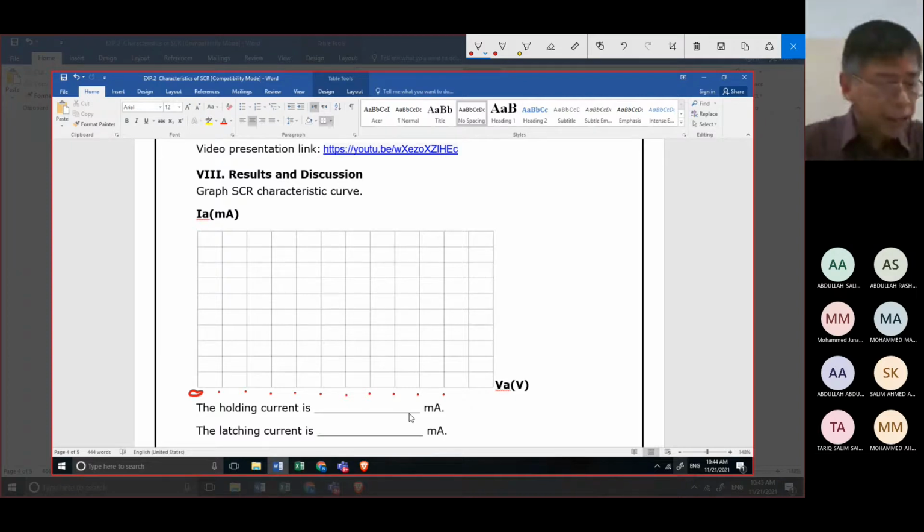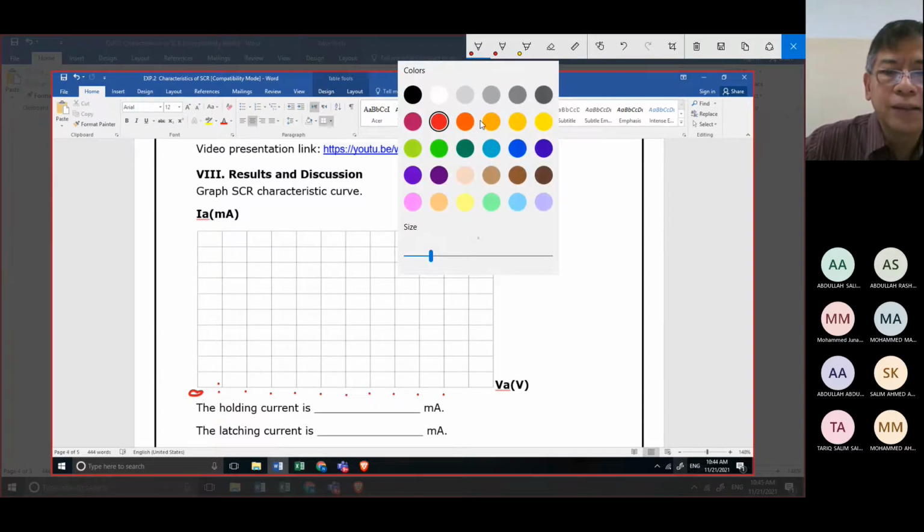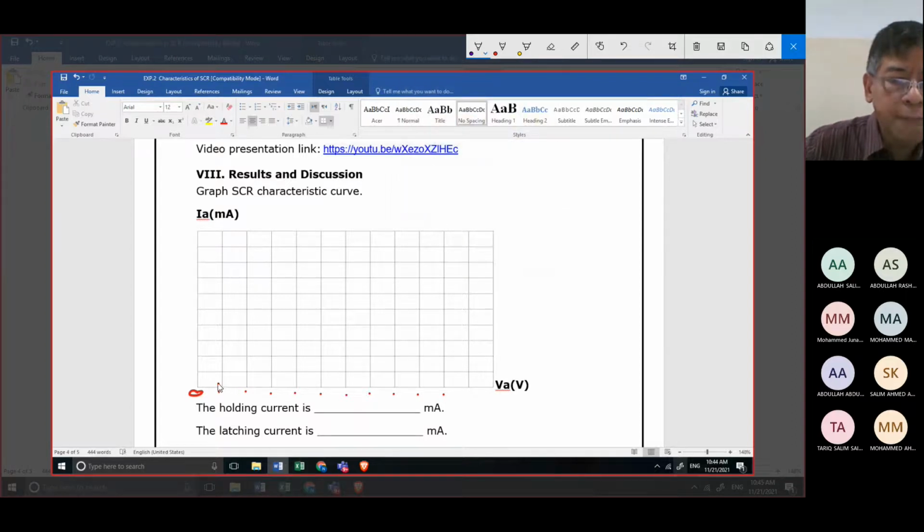And then at this time, the voltage is equivalent to how many volts? 998 millivolts. So meaning before 1 volt, it is the 998 here, something here. I will use other ink so that you will see, for example, this blue.